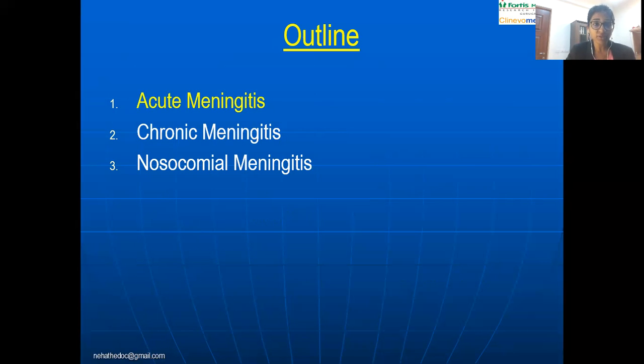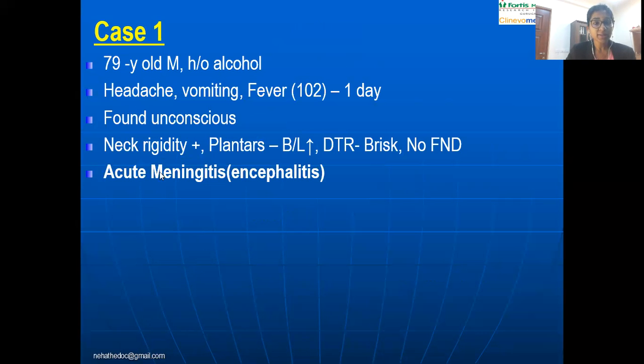So let's take up the first one, which is acute meningitis. So here, this is a 79-year-old gentleman who had history of alcohol consumption. He presented with headache, vomiting, fever of 102, very high fever of